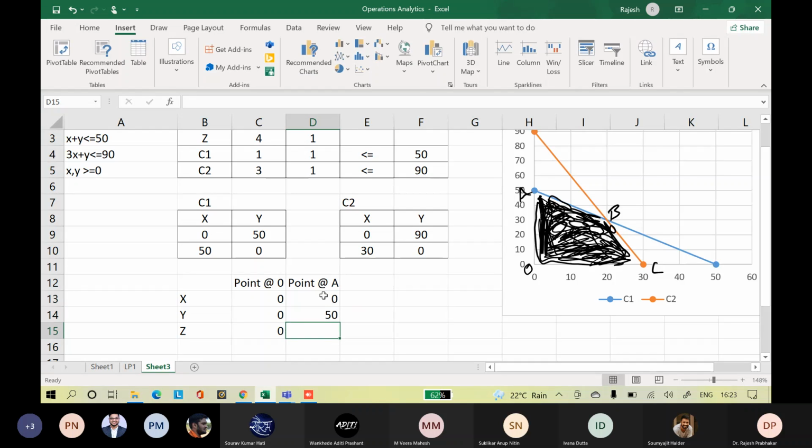So Z is equal to 4 into 0 plus 1 into 50. This is 50.